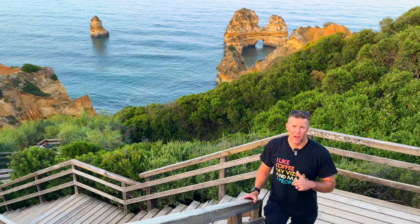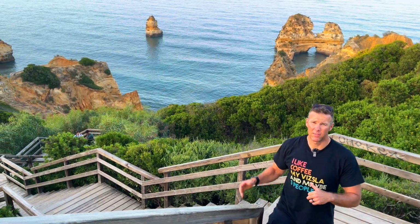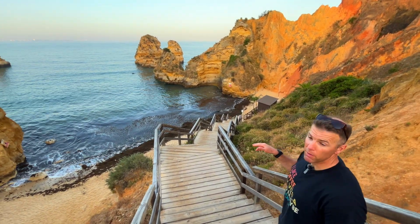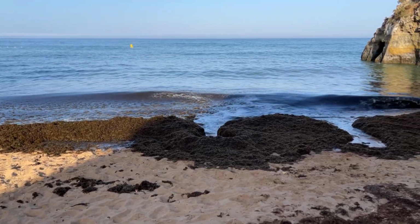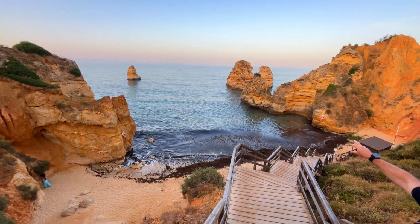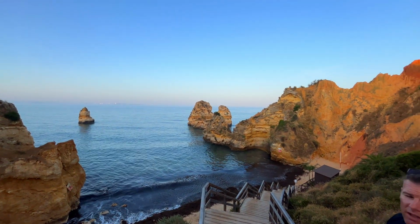Apparently the steps down to the beach are worth it. We just got here and saw this view, so we're going to go here first. A gorgeous spot. We came almost to the bottom. You can't really swim here because the seaweed is so thick. But on the other side of that cliff top is the archway that you see a lot in